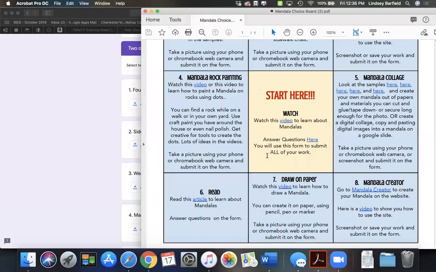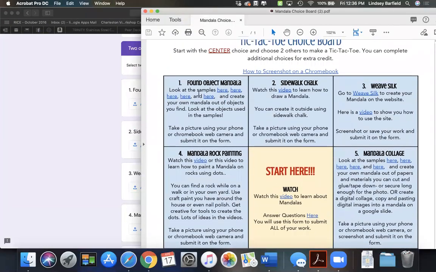So the rest of the options as we go around the board: found object mandala, you can look at the samples. There are different samples linked throughout. You're going to create your own mandala out of objects you find. Look at the objects used in the samples. You'll take a picture of the mandala you create using your phone or the camera on your Chromebook and submit